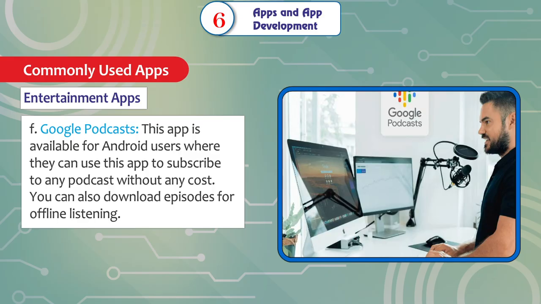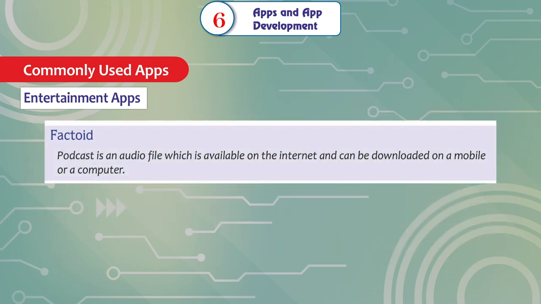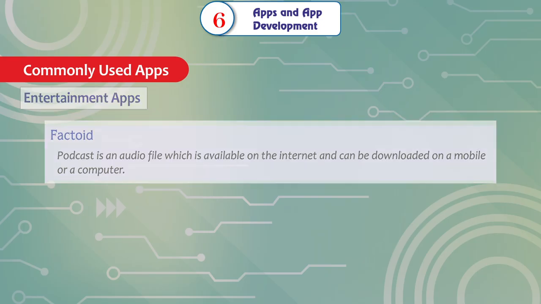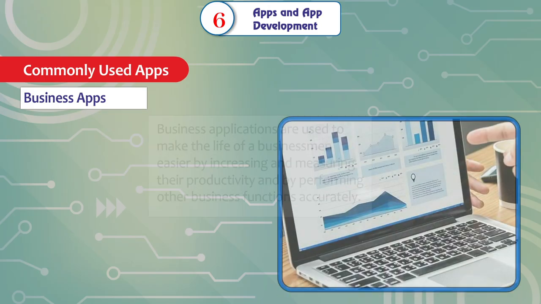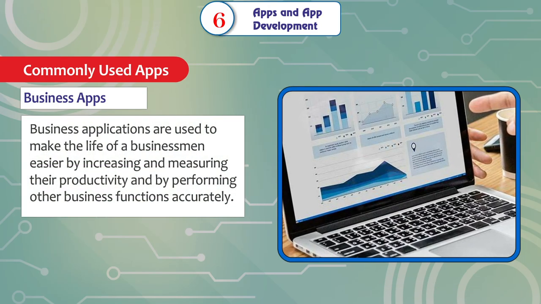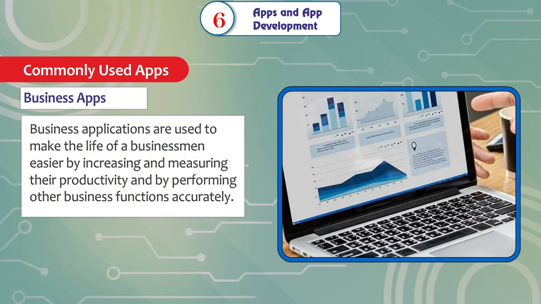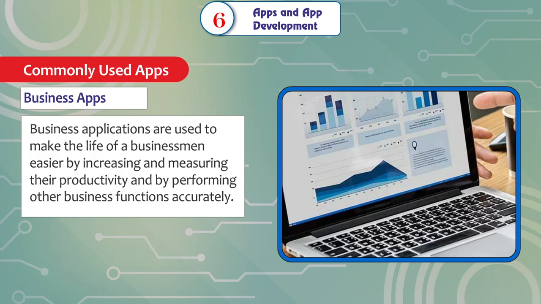You can also download episodes for offline listening. Factoid: A podcast is an audio file which is available on the internet and can be downloaded on a mobile or a computer. Business apps. Business applications are used to make the life of a businessman easier by increasing and measuring